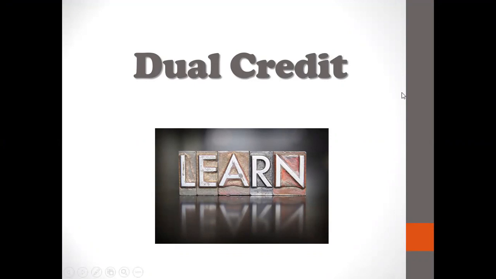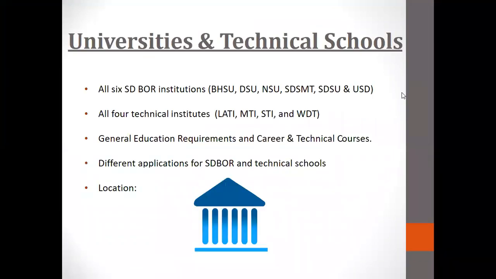Dual credit classes today. What are they exactly? Well, it's universities and technical schools. All 6 South Dakota Board of Regents institutions listed there, and all 4 of the technical institutions listed there, offer credit for high school and for their post-secondary education. General education requirements and technical career CTE courses are generally the courses that you end up taking,